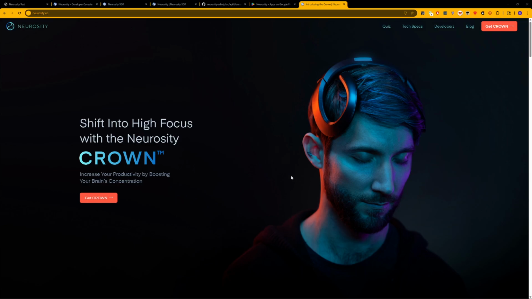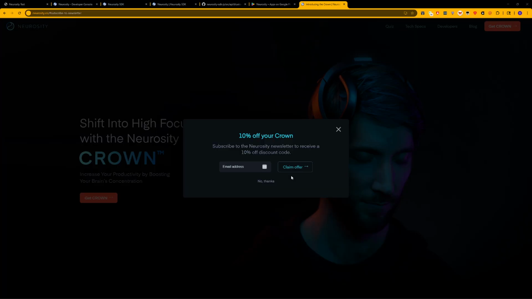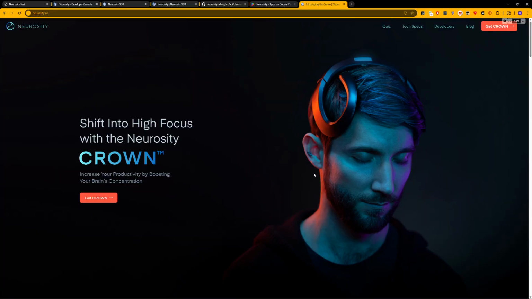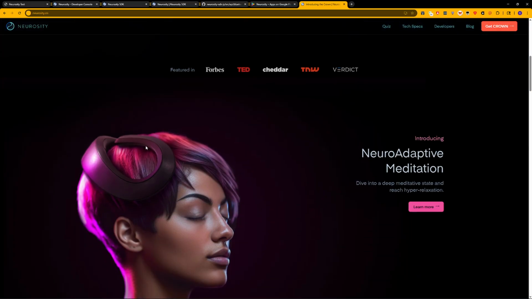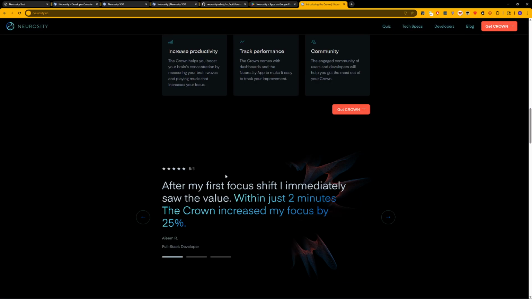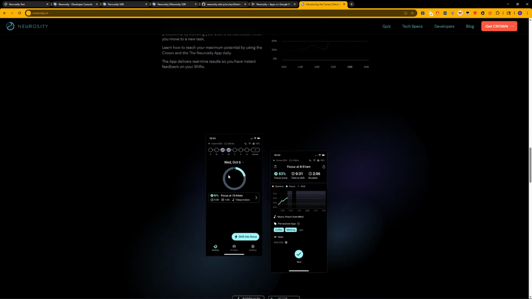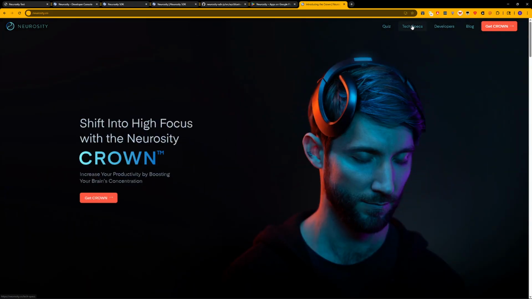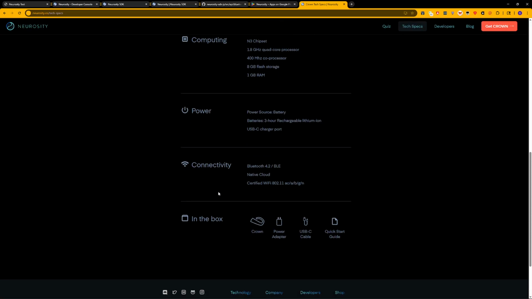I want to talk a little bit about the Neurosity Crown, which is an EEG device that I have just unboxed and managed to get working. This is its website where you can see its various tech specs, what it looks like, etc., and how it all works. I was very excited to get this one for a number of reasons, mostly that it had